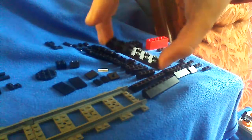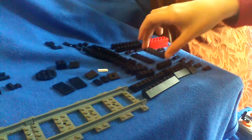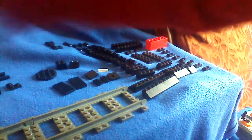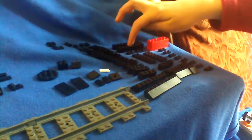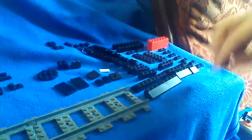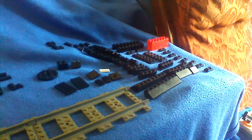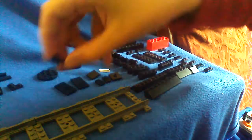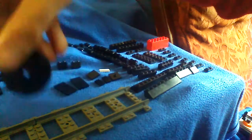Then we have two 2x6s. We have a Lego weight brick, with weights or magnets inside. We just need to put some weight on the motor. And then we need 10 1x2s. Then we need 2 1x8s. We need 8 small 1x1 clip bits. We need 2 1x2 angles, 1 4x4 circle,